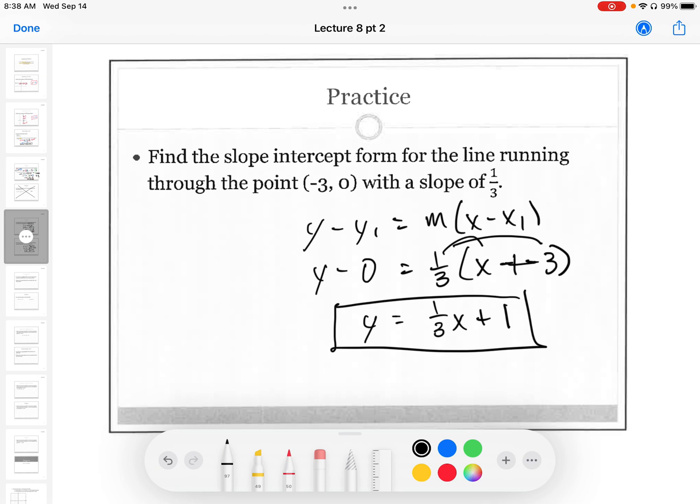The next one we're going to do is we're going to talk about parallel and perpendicular lines and how those affect